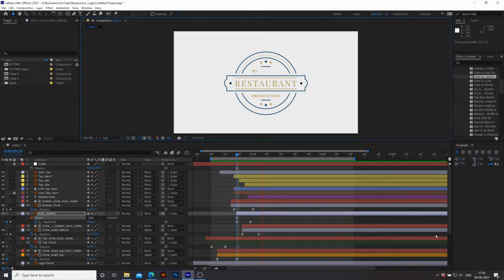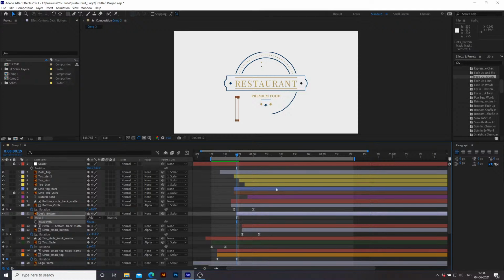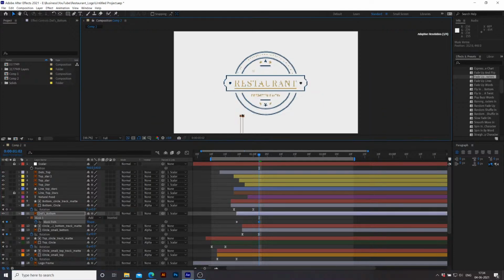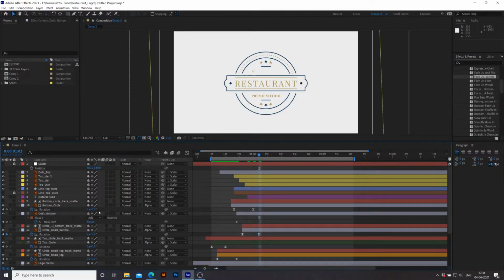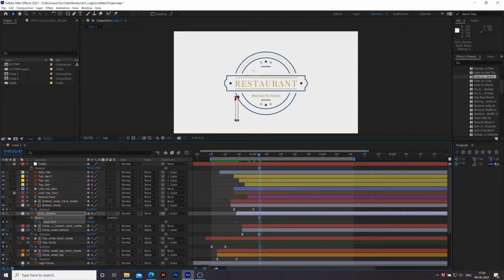I think, yeah, this one is here, and we just need to disable the keyframes, take a mask path here and go up until here, and we're gonna animate our masks. Just take your mask path, select these 2 points. Let's see, mask path,